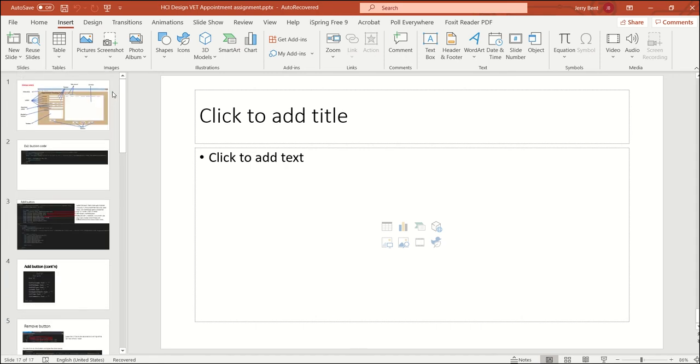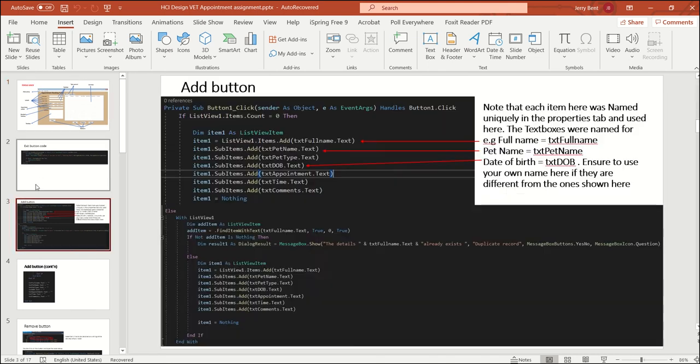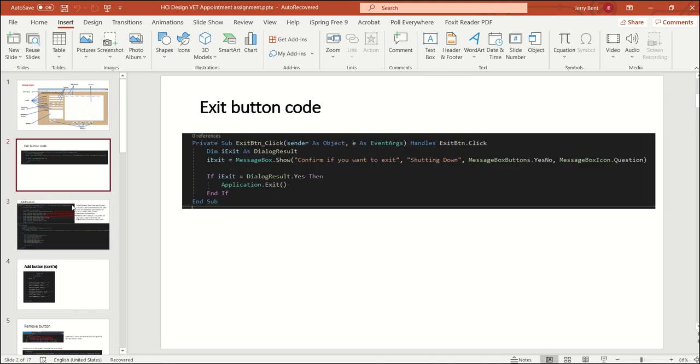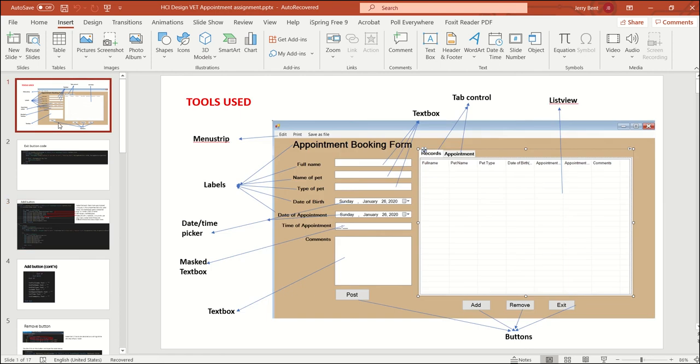Okay, so in this session, we're going to be putting together the appointment booking form. You've got the guide available, and I'm just going to show you. This is going to be a video walkthrough of how to go about it. Yes, you've got the guide that tells you what code goes where, but this video will show you step by step. Of course, I'll summarize some parts because I've covered them already. I'm just going to be showing you as much as possible what you need to do to put together